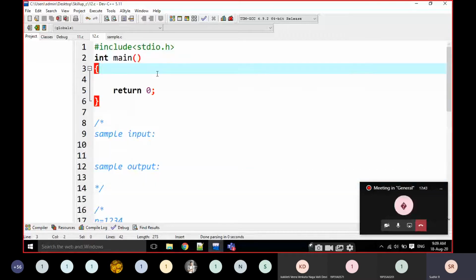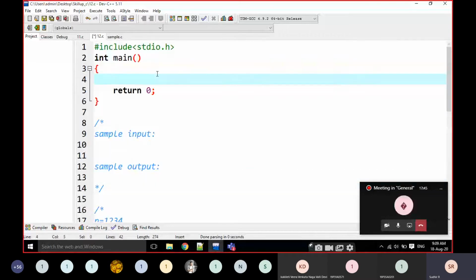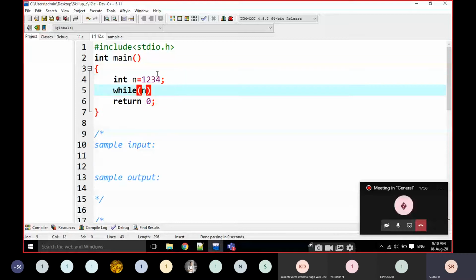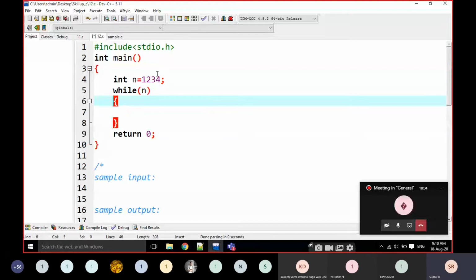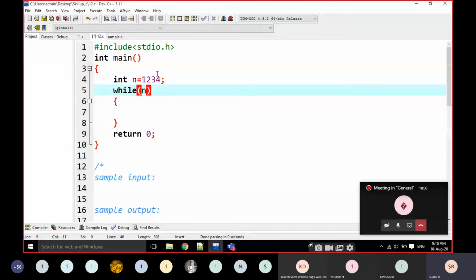Now I am going to write the same thing here. Int n is equal to 1, 2, 3, 4. For example, I am taking one number. I am writing while of n, or I can write n not equal to 0 or n greater than 0.